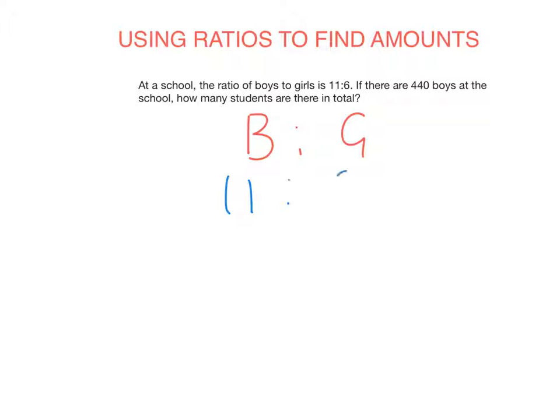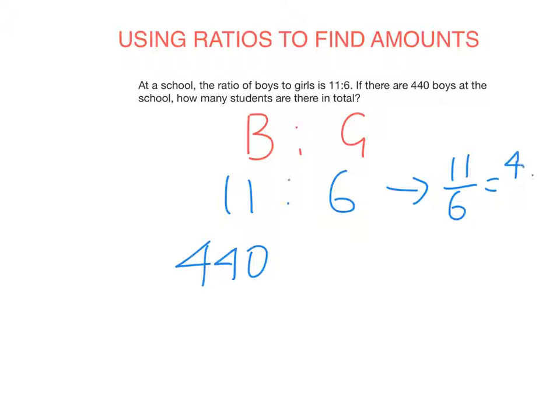Make sure you get them in the right order. Boys is 11, girls is 6. Now, as you probably already know, ratios are just basically another way to write fractions. So I could write this ratio, 11 to 6, as 11 over 6. What we're doing here is trying to find an equivalent ratio where boys is 440. That's like finding an equivalent fraction like this, 440 over something,